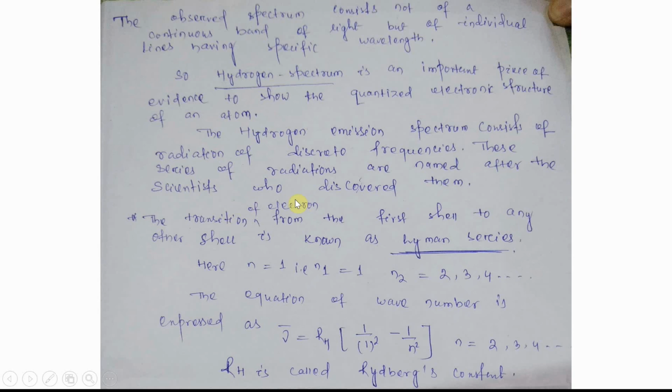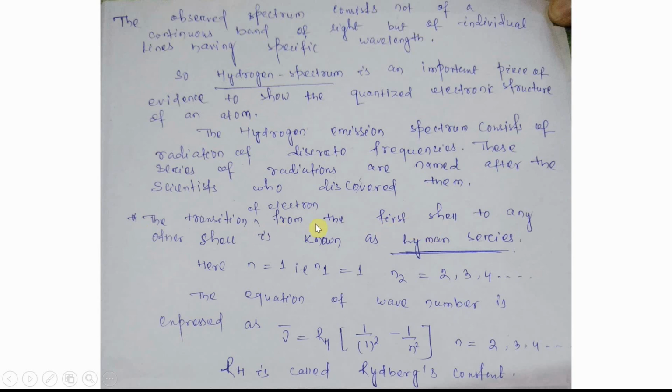First one is the Lyman series. One thing is wrongly written here, you have to notice it. I am telling you, note down my talk, not this line, because there is a simple mistake. Actually, the transition of the electron occurs from different orbits to the first shell, or first orbit, but here it is wrongly written as the transition of the electron from the first shell to any other shell. That one is correct, but for the absorption spectrum. But when we are discussing the emission spectrum, you have to change this line.